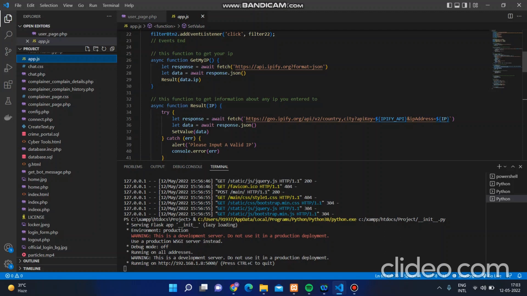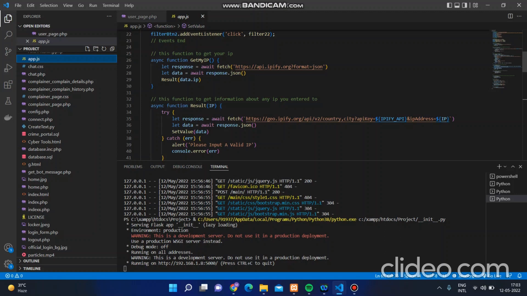We went through the documentation of ipvi.org and got the API key. As soon as we got the API key, we got the IP address of the user, combined this whole query, and sent it to